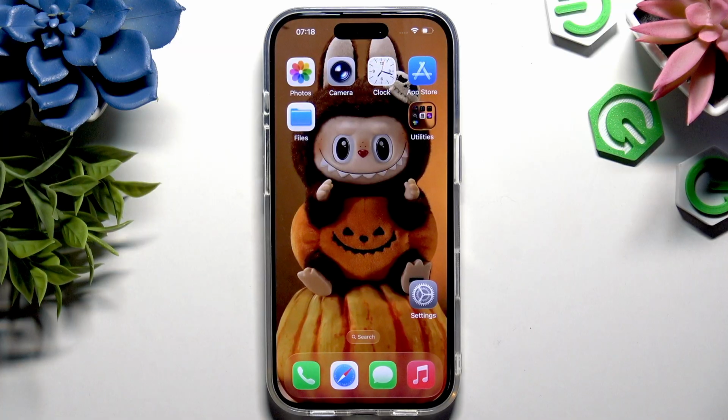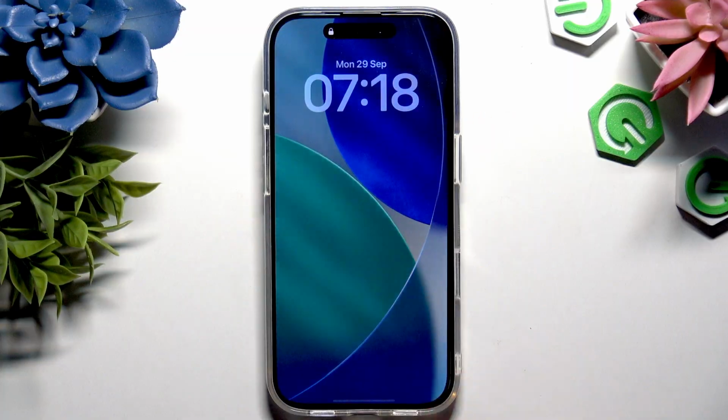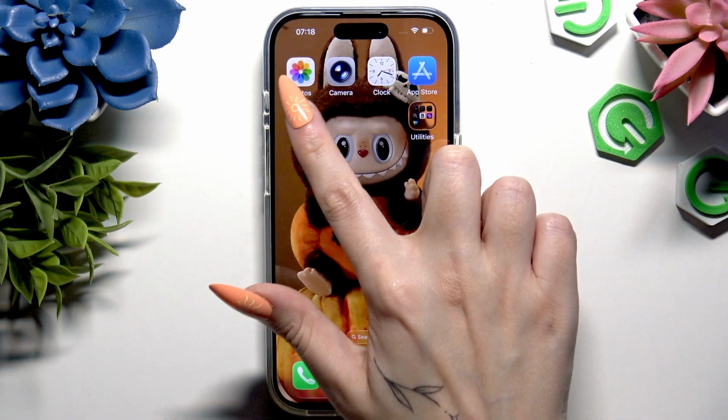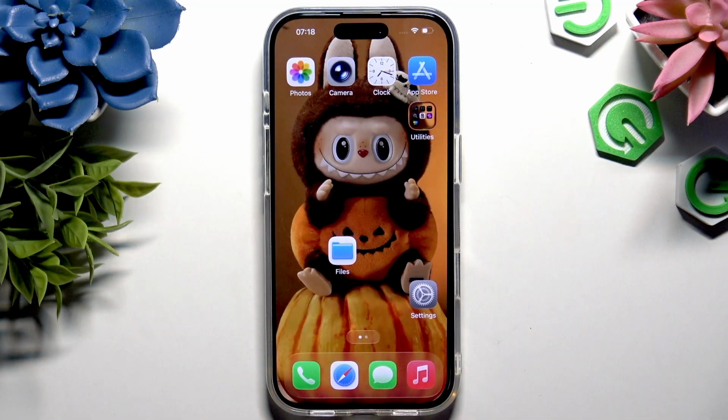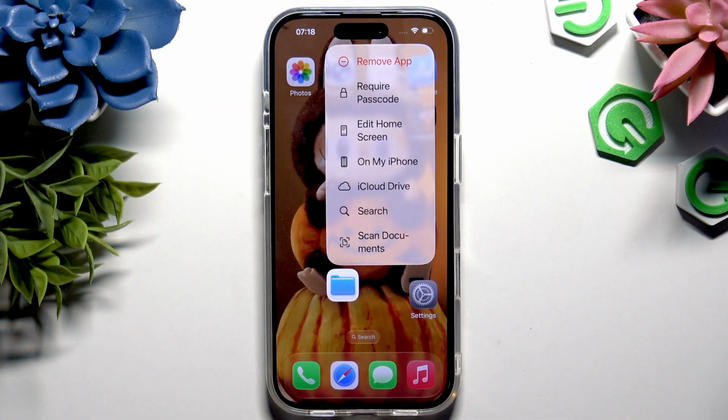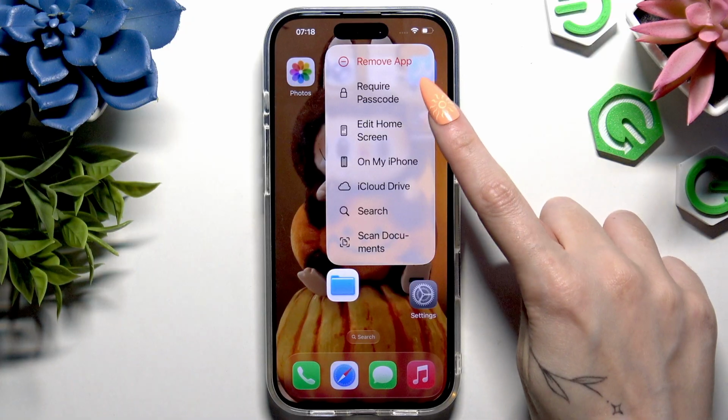Quick disclaimer though, to continue with this video, you need to have your passcode on. Without it, you won't be able to lock your apps. Now, when you have your app ready and passcode on, hold one of your apps and wait for this pop-up to show. When it does, tap on Require Passcode